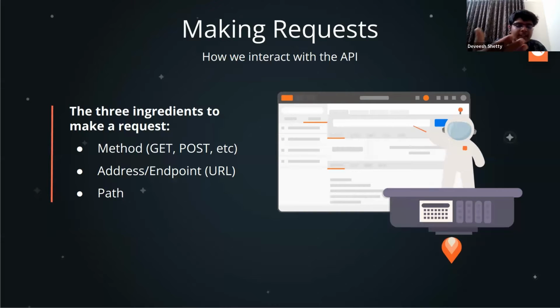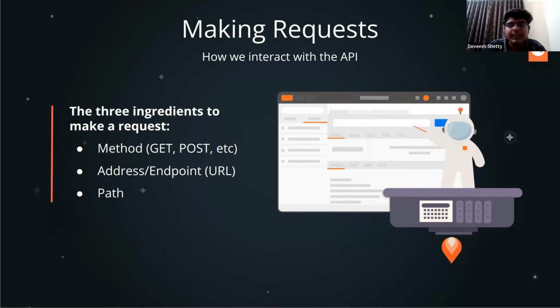You will send your details, your phone number, address and all, and you will give it to them. They will feed it to the database. That is basically a post request. Now, if you want to get something, imagine you want to get your account balance, you'll be getting data from the server. So that's how it works.